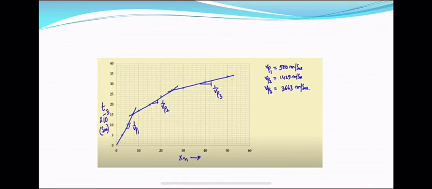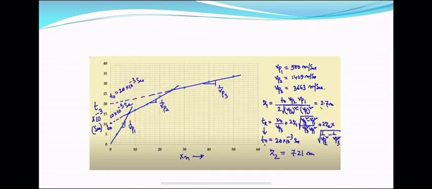Now by this we get the velocity of each layer, that is Vp1 as velocity 1 for the first layer, Vp2 as velocity 2 for the second layer, and Vp3 as velocity 3 for the third layer. Now if I extend this line, it goes up to 10. So what I am getting is another 10 values. Here the T naught value is 20 into 10 to the power of minus 3 seconds.